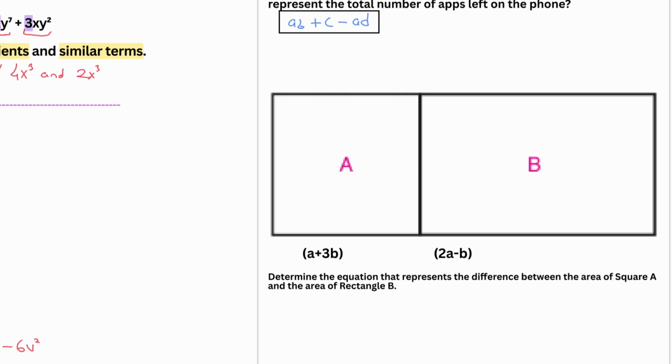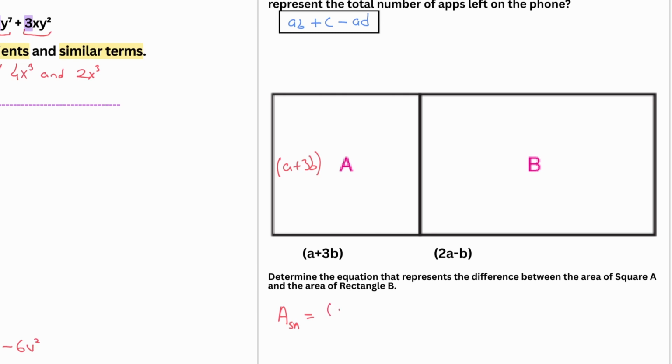Determine the equation that represents the difference between the area of square A and the area of rectangle B. To find the area of a square, you would multiply two sides. We also know that all sides are equal in a square, right? So if this is A plus 3B, this is also A plus 3B. The area of square A would be